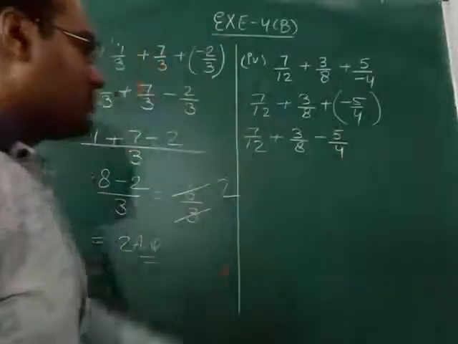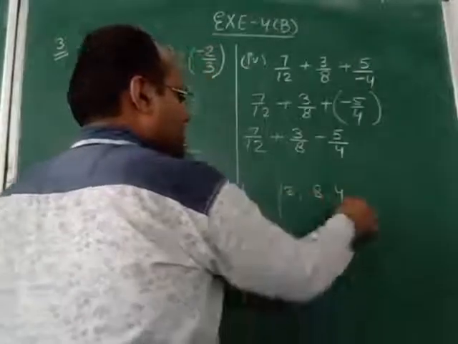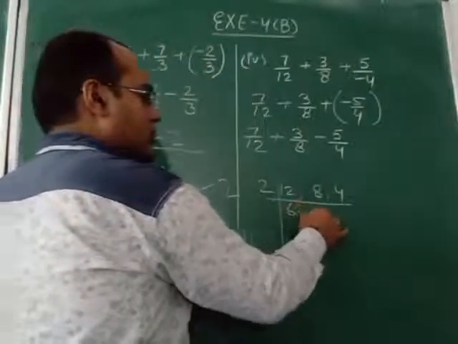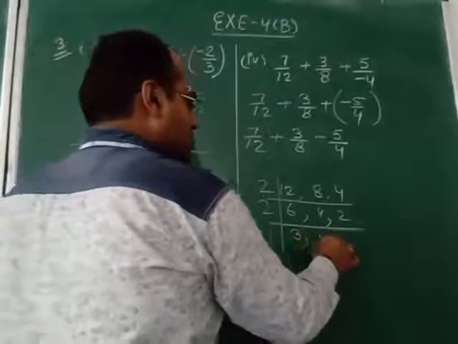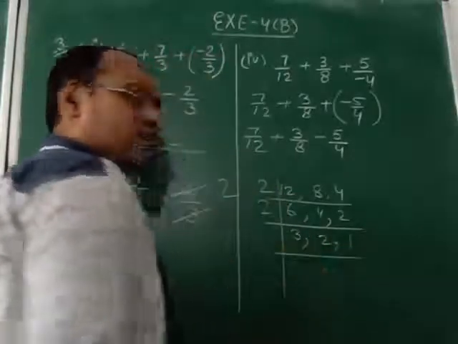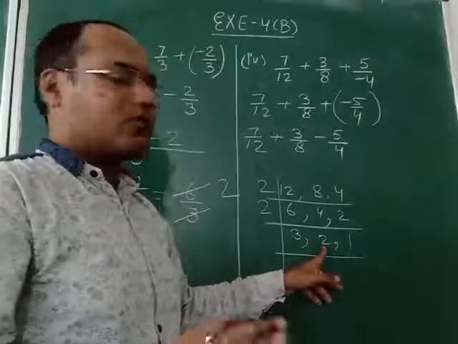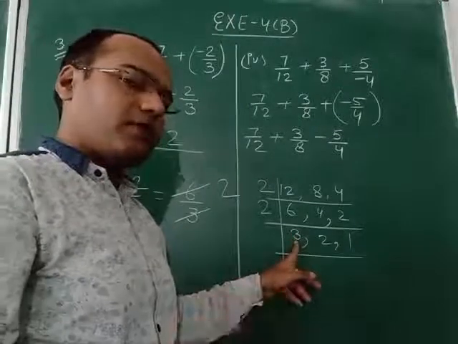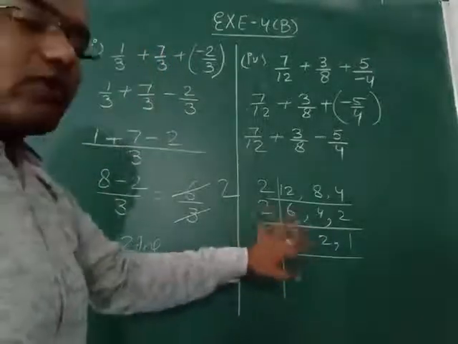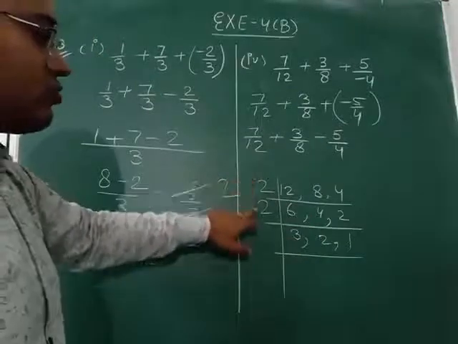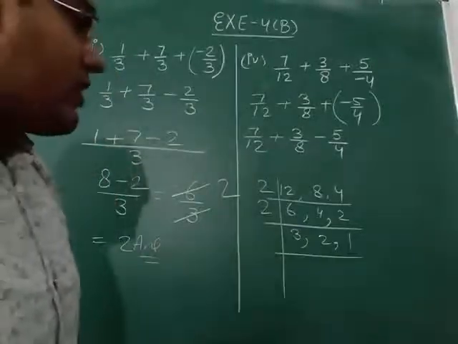Now we will find the LCM of 12, 8 and 4. All these numbers come in the table of 2. 2 6 ja 12, 2 4 ja 8, 2 2 ja 4. Again with the table of 2: 2 3 ja 6, 2 2 ja 4, 2 1 ja 2. Now with the table of 2, only one number is divisible, so we will not do it with 2. Now we will check with 3. With the table of 3 also, only one number is divisible. So these two are not coming in the same table, so we will leave it here only. So LCM is 2 2 ja 4, 4 3 ja 12, 12 2 ja 24. So LCM is 24.